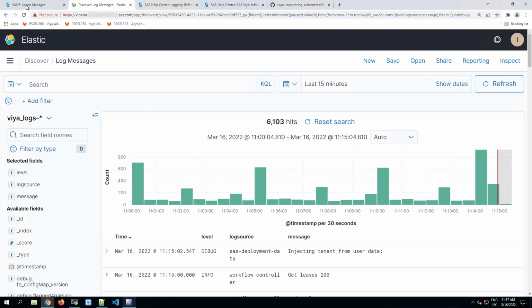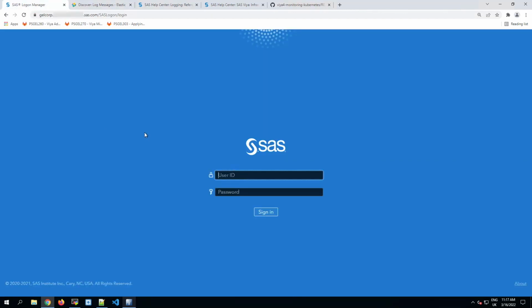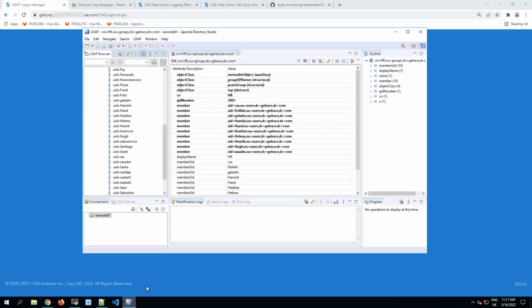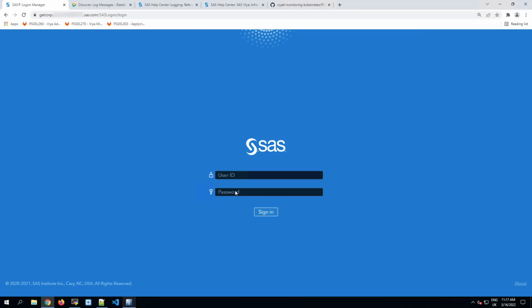So I've just started up a new lab environment, and in its startup scripts it deployed an instance of SaaSfire for a fictional company called Gelcore. The identity service in the SaaSfire deployment is supposed to be configured so that it's only accessible to members of the HR group, so just this subset of all of the users that we've created. So let's log into SaaS Environment Manager now as one of those made-up users called Heather.